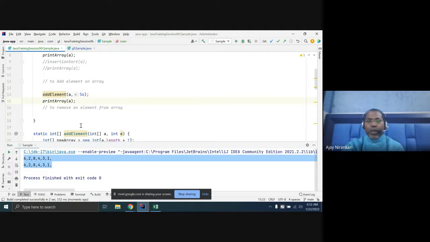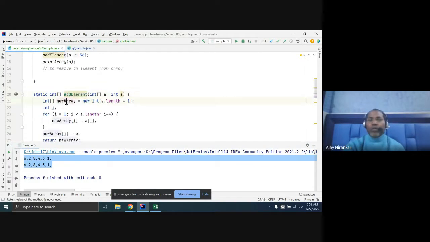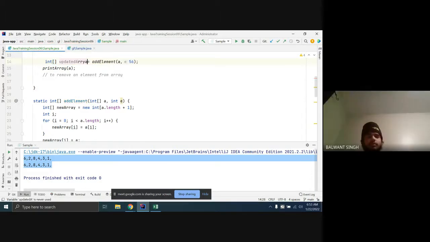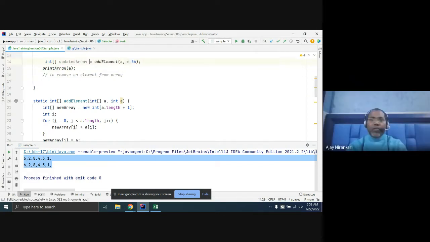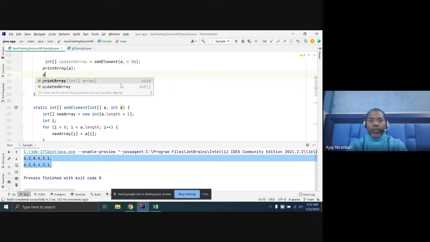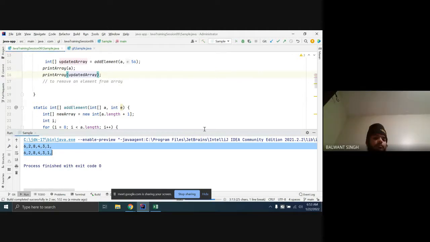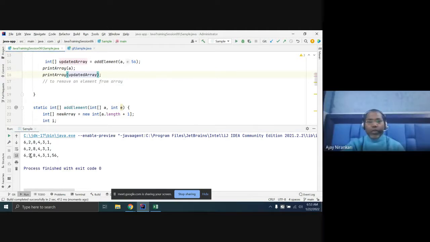But this method will return a new array. You can get the return value of int array type, let's say updated result, updated array. Now if you print the updated array, you notice that your new element is added.